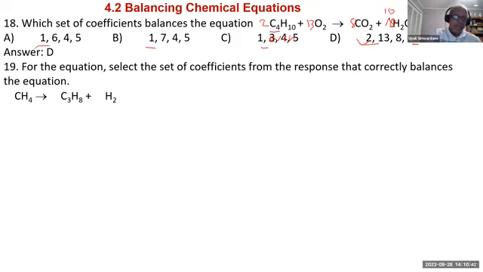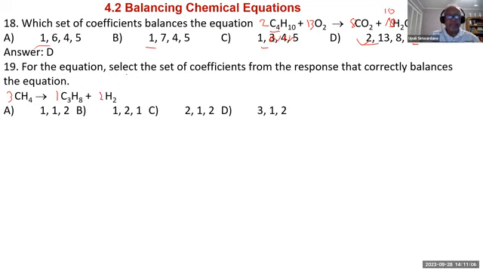When you look at this equation, you start with the 3 here, 1 here, 2 here. That balances the hydrogen. 12 hydrogen here, 8 hydrogen plus 4 is 12. So the answer is